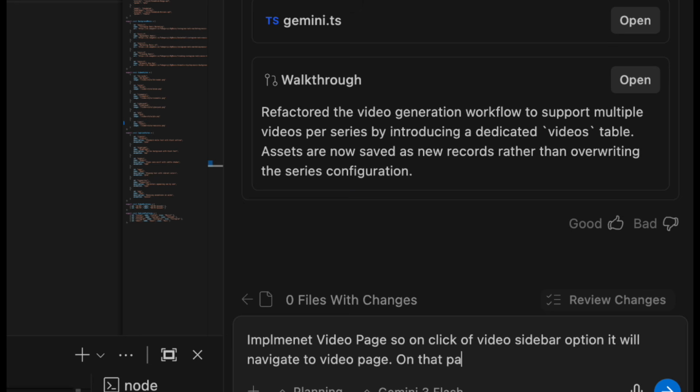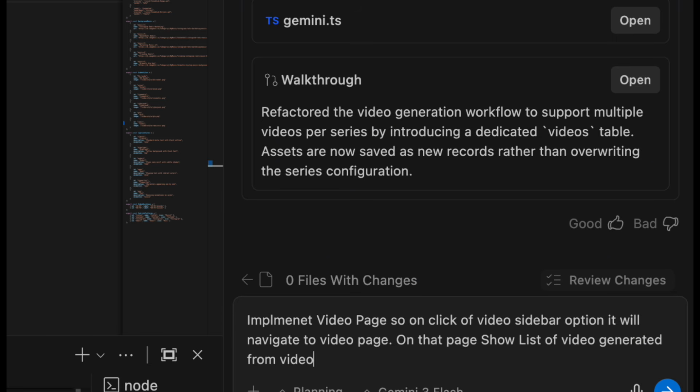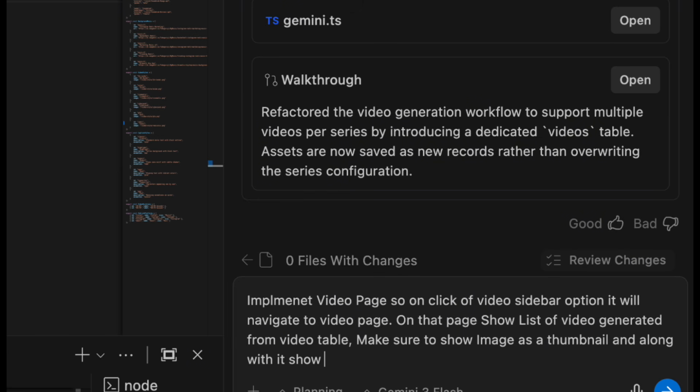On that page, show the list of videos generated from the video table. Make sure to show the image as a thumbnail, and along with it show when it was created, the title of the video,